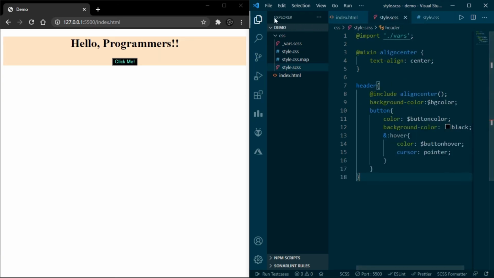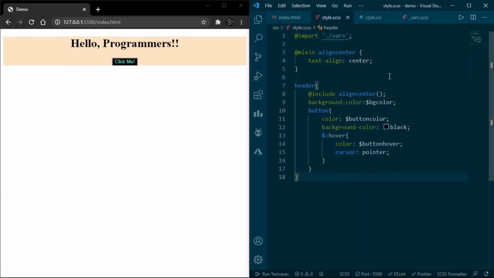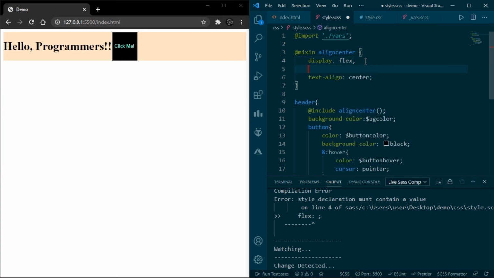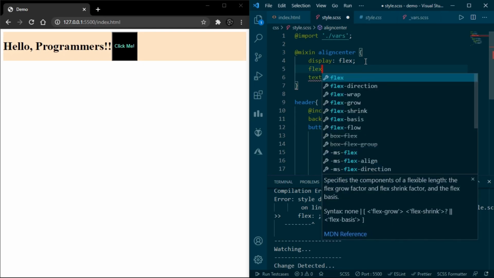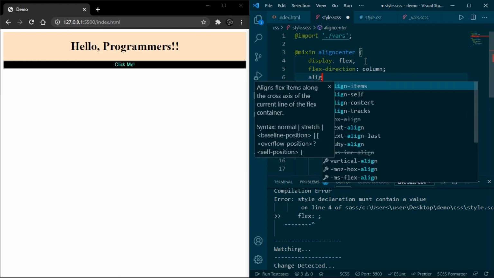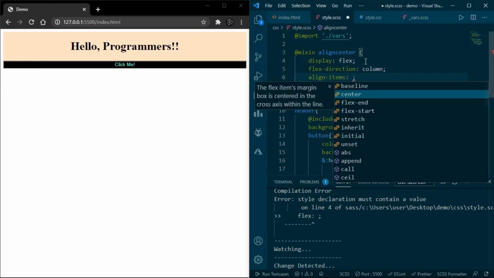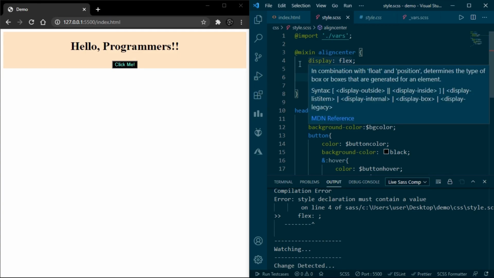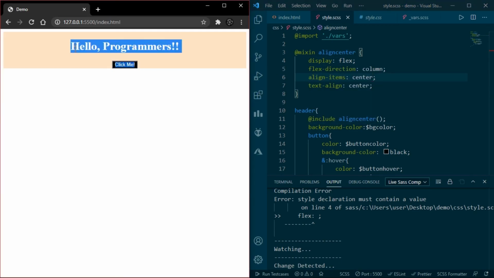One more thing, suppose I add here display flex. Here I will add flex direction column, align items center. Now with this all things are back to their original position again.